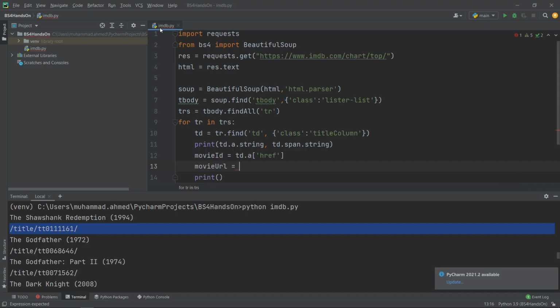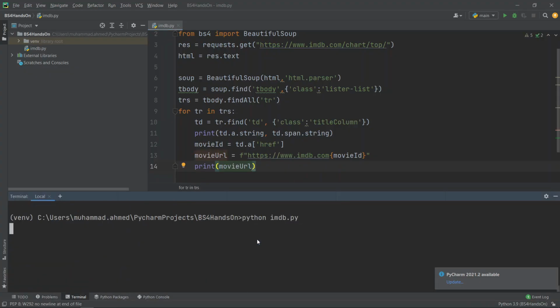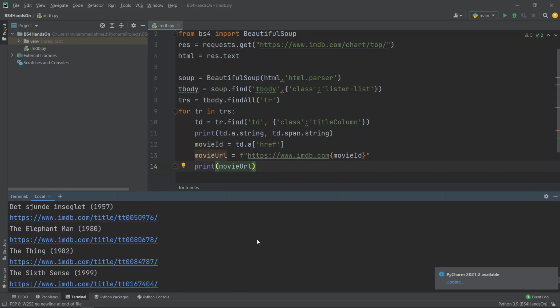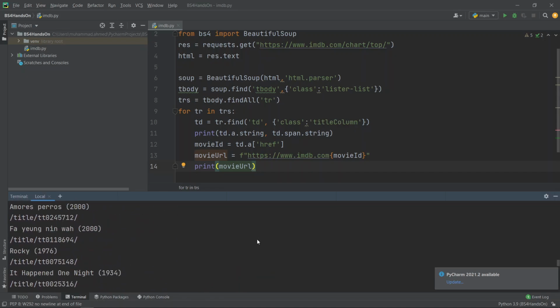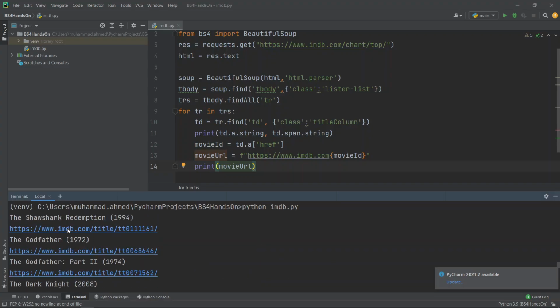And let's just copy this from here, paste it over here, and instead of getting this, we want to use this movie ID, and we need to refer to it in f-string notation. So if we write the movie URL over here and run it, yeah, so if we again go for the first movie and click on it,